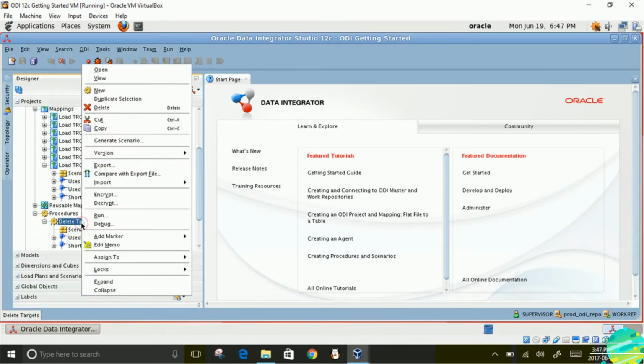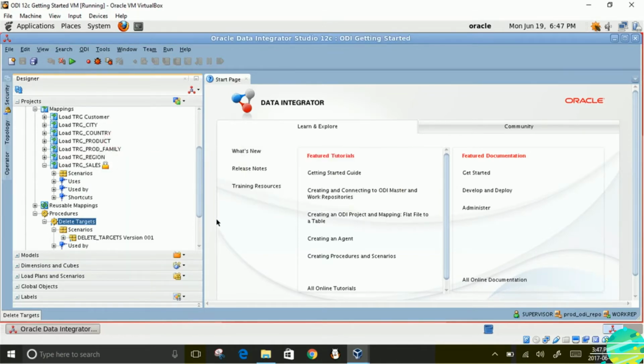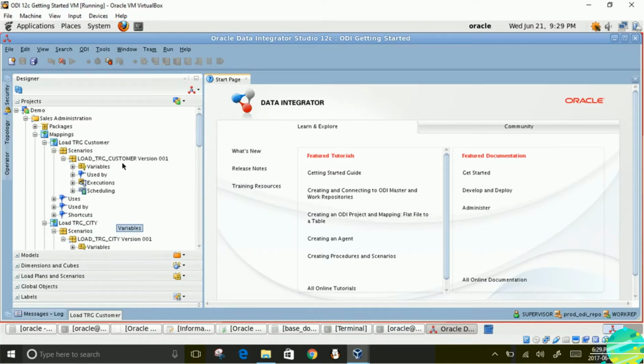Likewise, create scenario for the procedure object and the target. You got the scenario. Okay, I think we are ready to create.